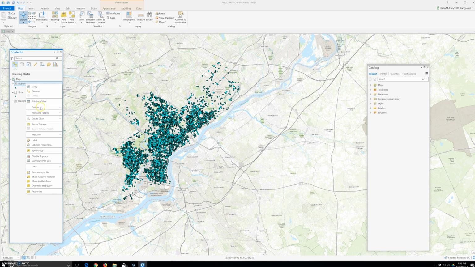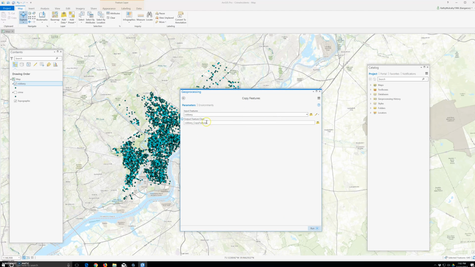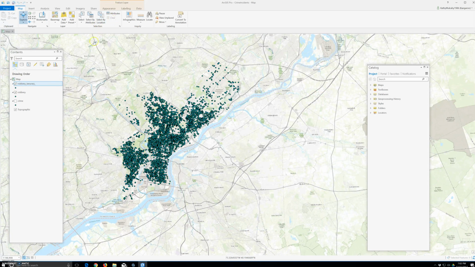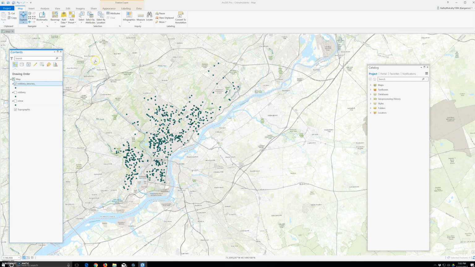Right click on it, and then go to data, and then export features, and the layer's name we're going to do is robbery January, and we're going to click run, and then we're going to clear the selection and click the robbery layer, and then clear selection and uncheck. So now